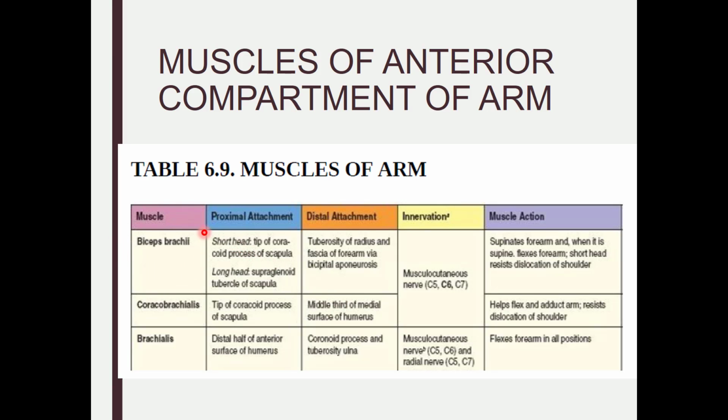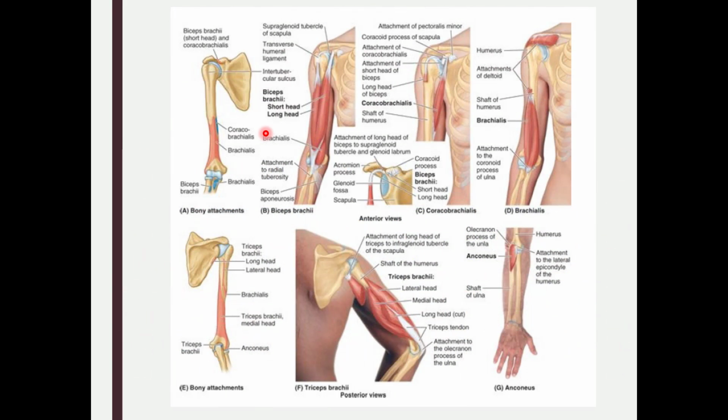First of all, the biceps brachii. Biceps brachii originates from two heads. It is having two heads. One is short head and one is long head. The short head originates from the tip of the coracoid process of the scapula. See here, I have told earlier that it is originating from the coracoid process. This is the coracoid process of the scapula, from where the short head of the biceps and the coracobrachialis